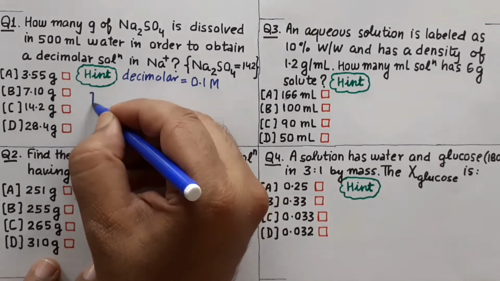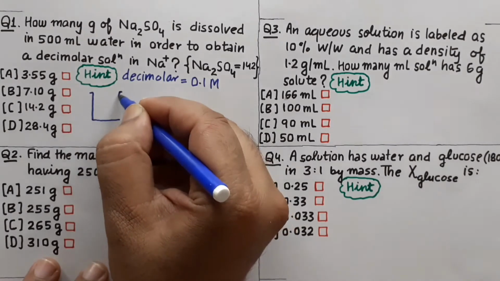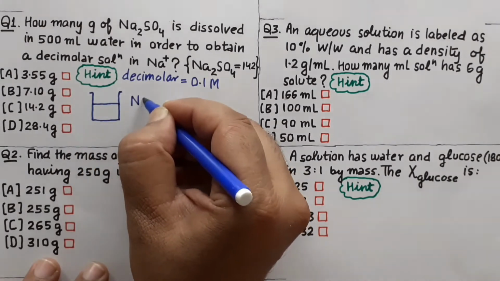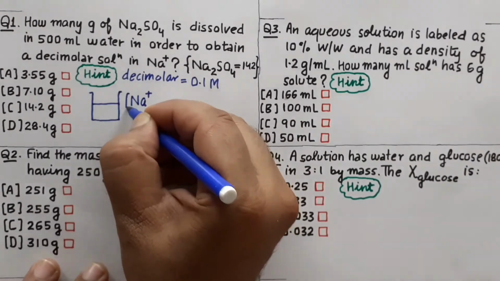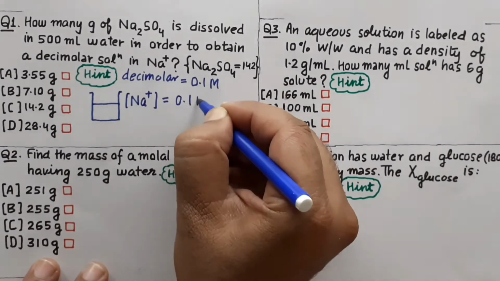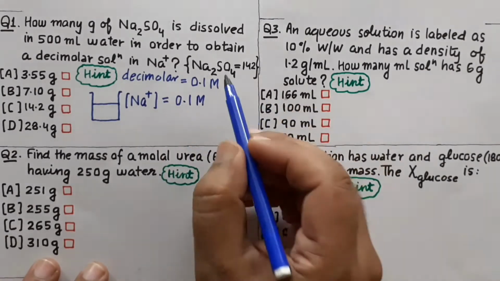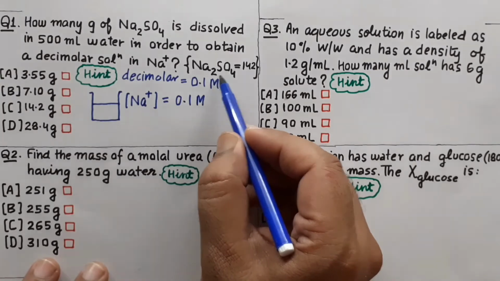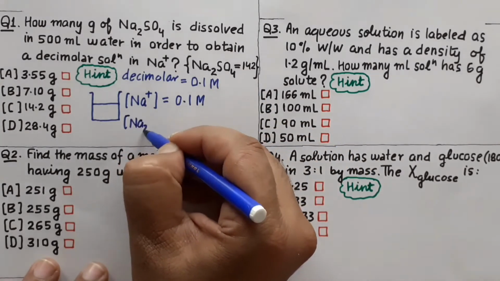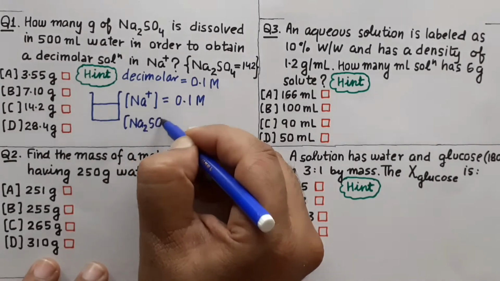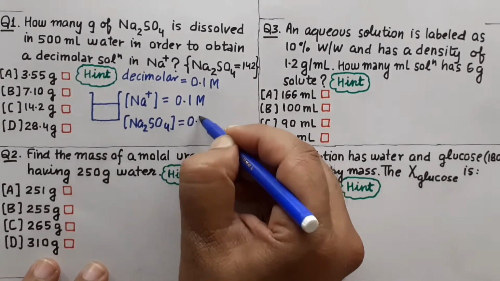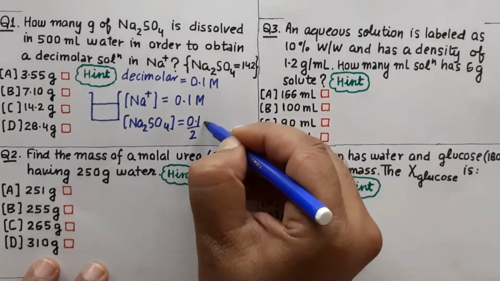मान लीजिए ये हमारे पास एक solution है जिसमें किसी ने हमें सोडियम की concentration दी हुई है. As per the question it is given us to be 0.1 molar, that is deci. अब आप अच्छी तरह जानते हो there are 2 ions in one Na2SO4. So if we go to the molarity of the salt, that is sodium sulfate में चलेंगे, so you will like to divide this by 0.1 by 2.